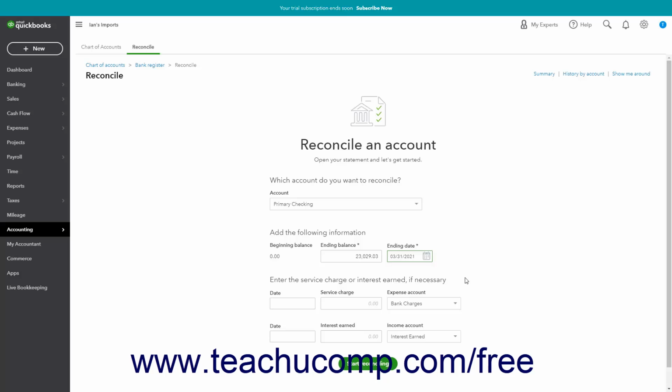If needed, then enter any bank service fees or interest earned into the Enter the Service Charge or Interest Earned if necessary section. Enter any bank service fees into the Service Charge field, and then select the date and the account used to track bank service fees from the adjacent Date and Expense Account drop-downs. To enter interest earned, type the amount of interest earned into the Interest Earned field. Then select the date and the income account used to track interest income from the adjacent Date and Income Account drop-downs. To reconcile the account after entering the statement information, click the Start Reconciling button at the bottom of the